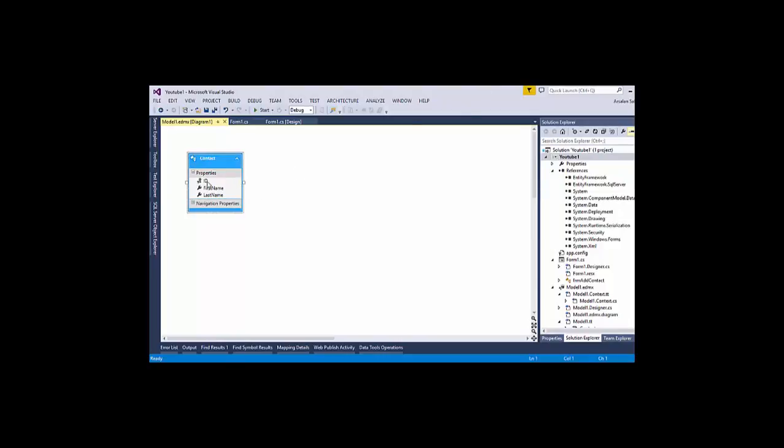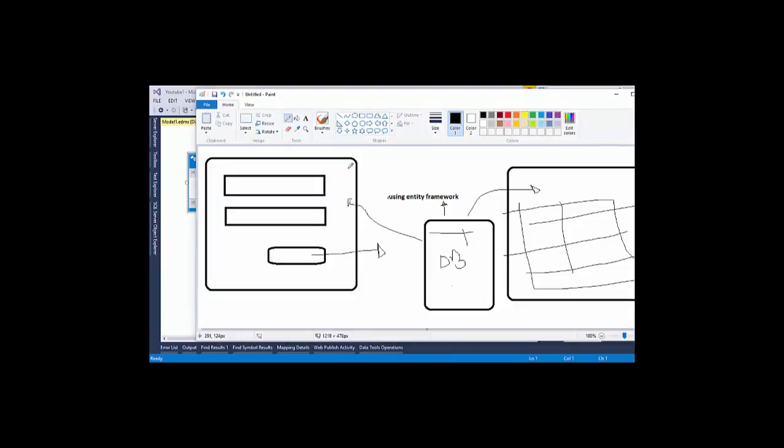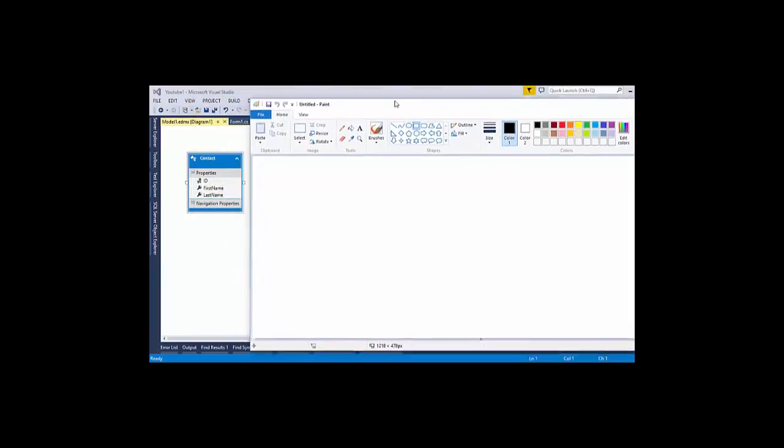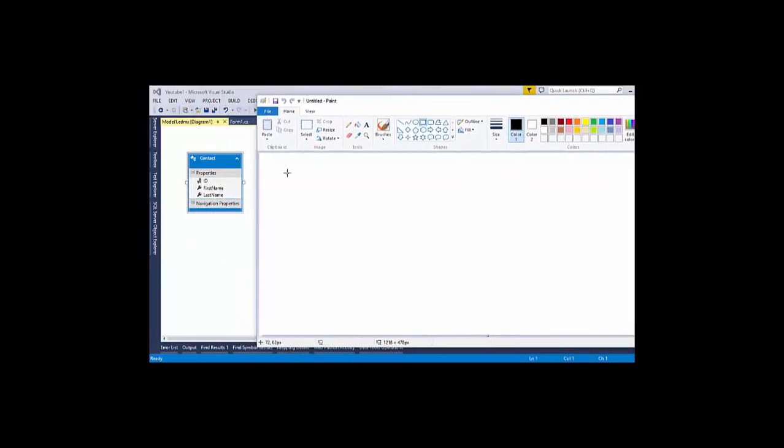So now we do have our ID, first name, last name as a data set in our model. And now where's our paint? And now don't save it. And now we can use this data set directly in our classes,